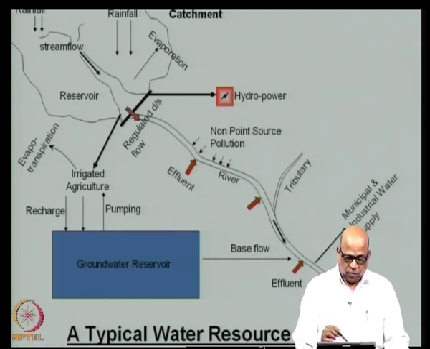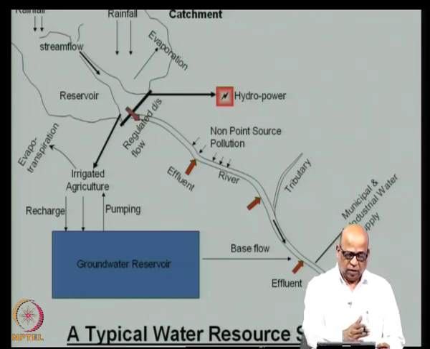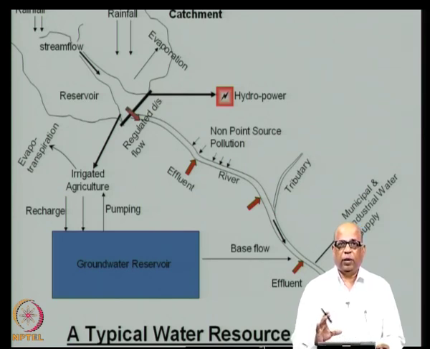Yet another way of doing it is simply to ignore the surface water systems and look only at the groundwater system: how much can be pumped given how much is coming in as recharge, and what kind of groundwater level fluctuations are happening in this particular aquifer, and so on. So, you can analyze various components separately, or you may have an exercise in which you would like to look at the entire system and then optimally operate and optimally plan for its development.